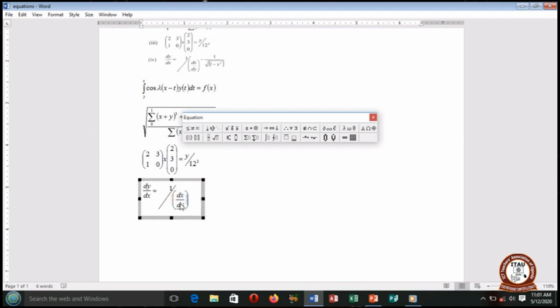Yes, outside here minus, we have fraction 1